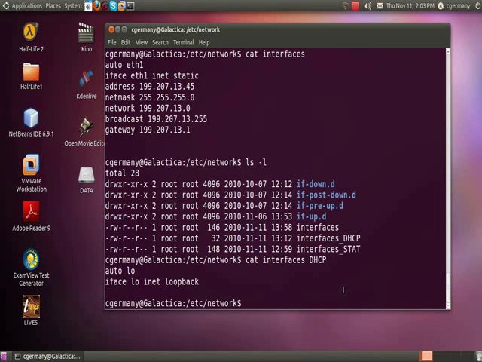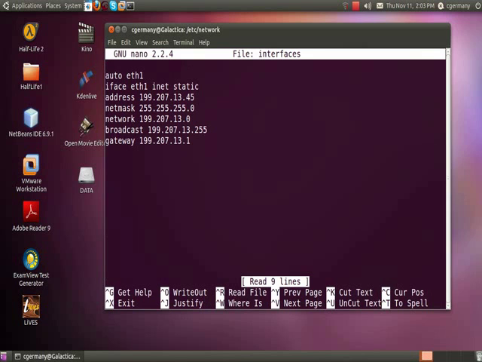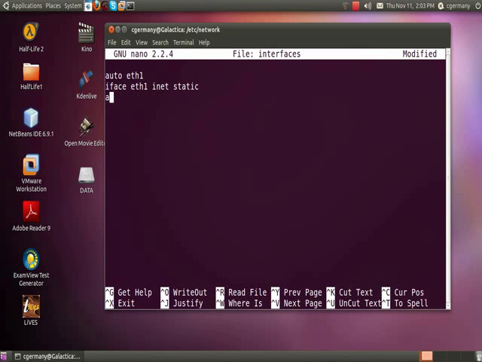But again, just for some extra practice, or maybe you didn't make a backup copy, we'll look at how I would change the actual file. So I'd say sudo, I'll use nano again in this case, and I'm going to edit the interfaces file. Okay, and what I need to add is just those two lines, which basically regard the loopback. So I'm going to just delete all of this content here. And again, that might be why you want to make a copy. You don't necessarily want to have to type this out every time you switch back and forth between